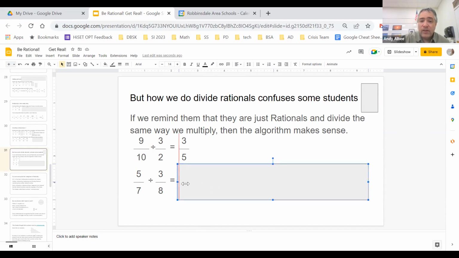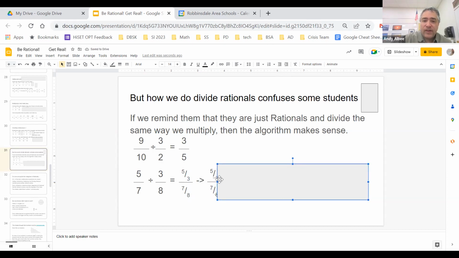But if we recognize we can still do this, this does work, and this is a correct answer. 5/7 divided by 3/8 is 5/3 divided by 7/8. That is absolutely 100% correct. It's just god awful ugly, right? But if we do that back, as Lindsay said, emphasize that multiplication by 1. Take this fraction,